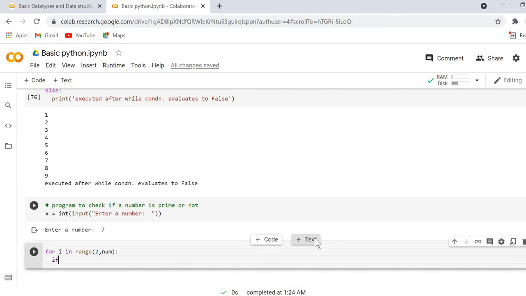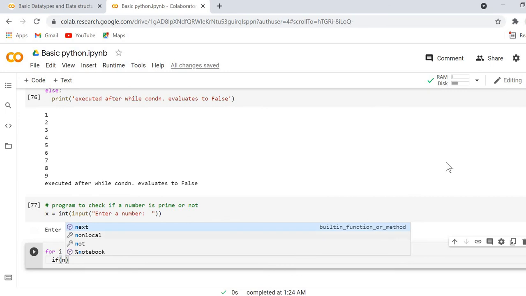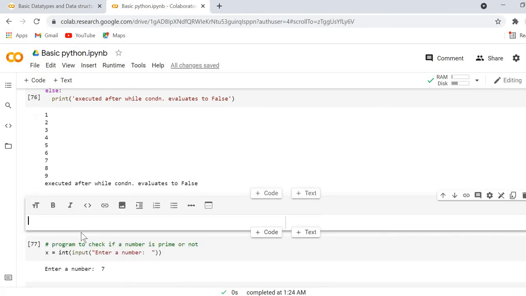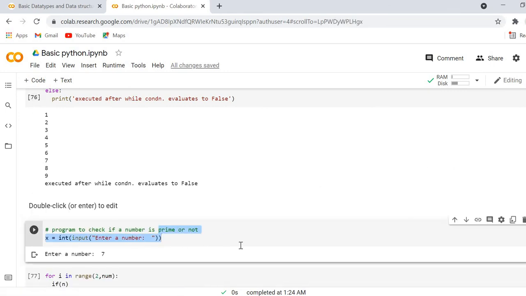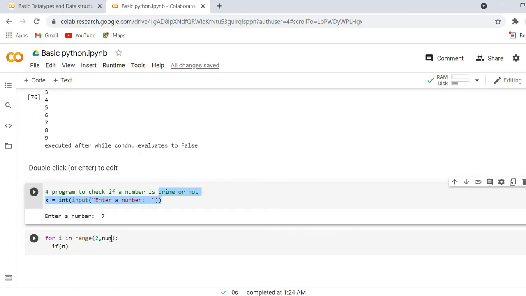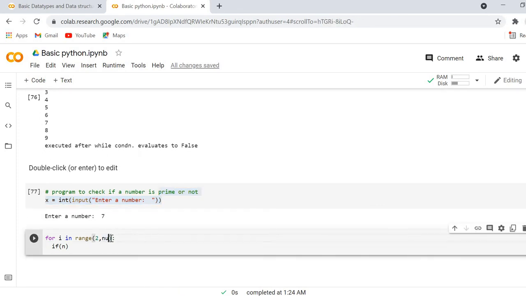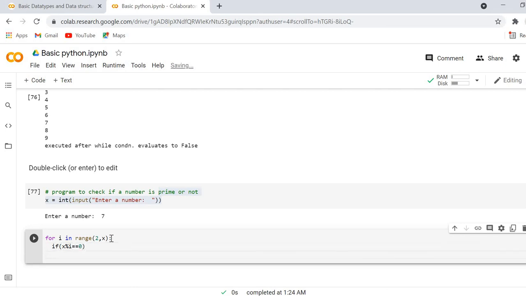Sorry, we are using the variable x instead of num. So we'll write if x modulus i double equals to 0, then